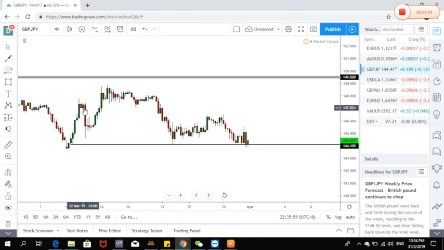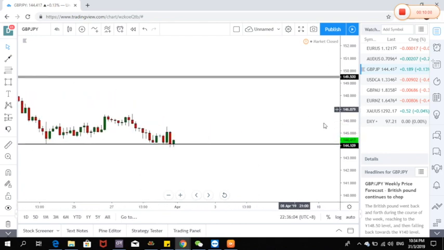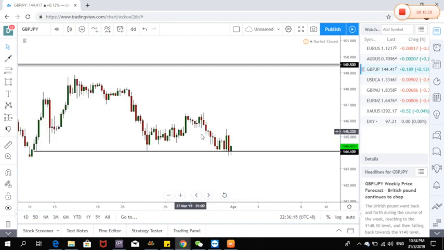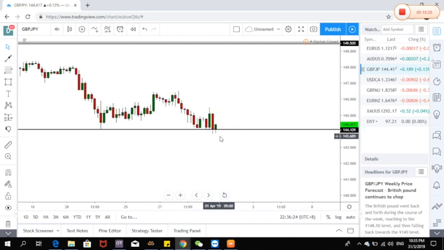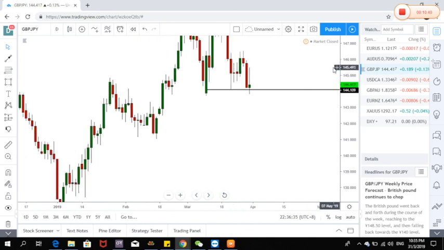It touched, went up, and then we have a retest, went up again, retest, and went up again. So for GBP JPY, what I would assume is that price will still be ranging until any fundamental data release on Britain, right? So right now, if price manages to break below the support here at 144.109, let's say if the candle on Monday opening gives us a daily closure saying that this price managed to break below this minor support,